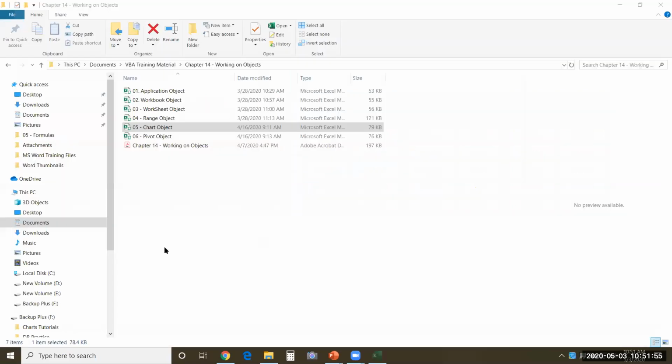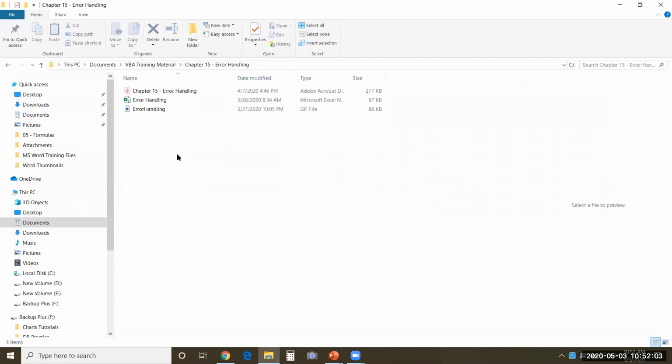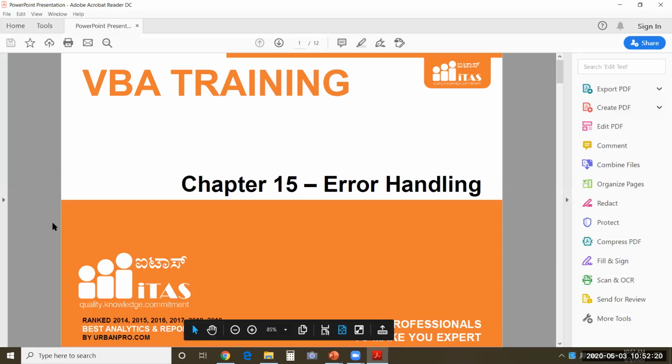After all these are covered, the final thing will show you is error handling. This is also one of the very important things, because anyone, for that matter, if you are writing programs, all of us tend to get errors. There are different types of errors that are available to us. How to handle them? If you get a particular error,